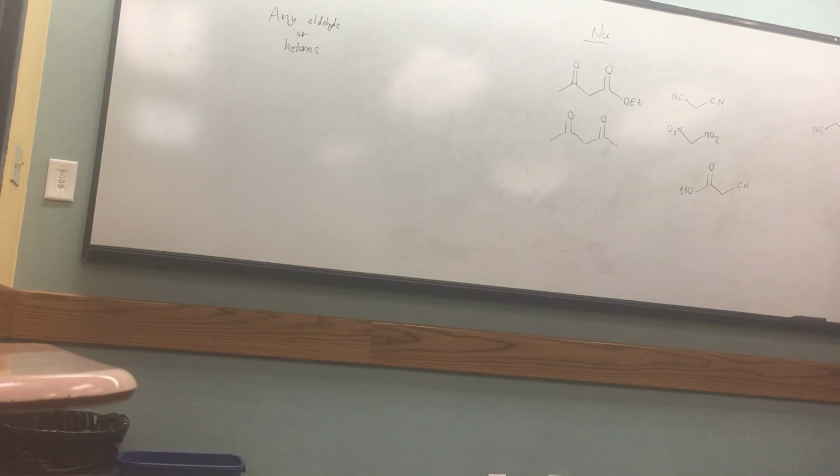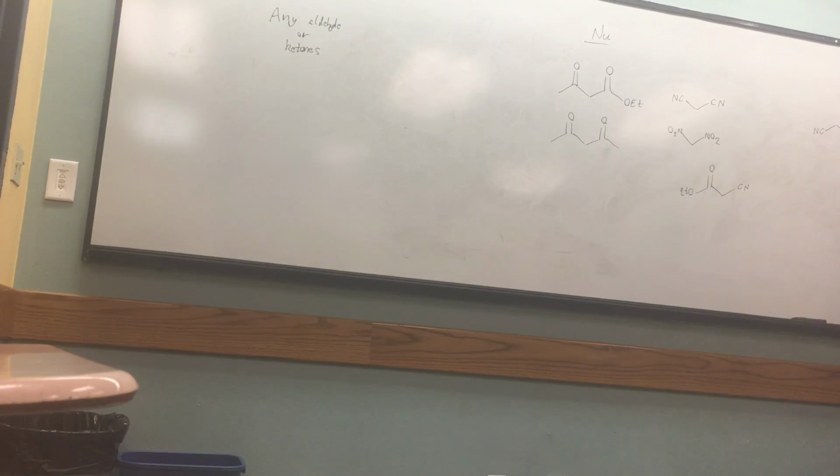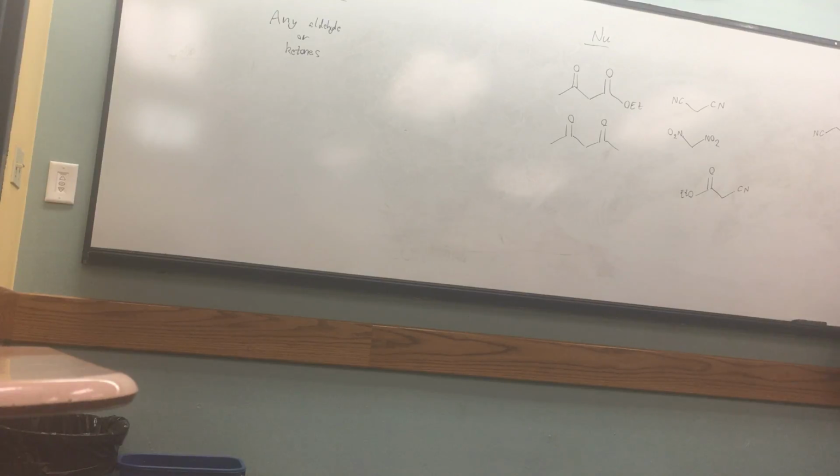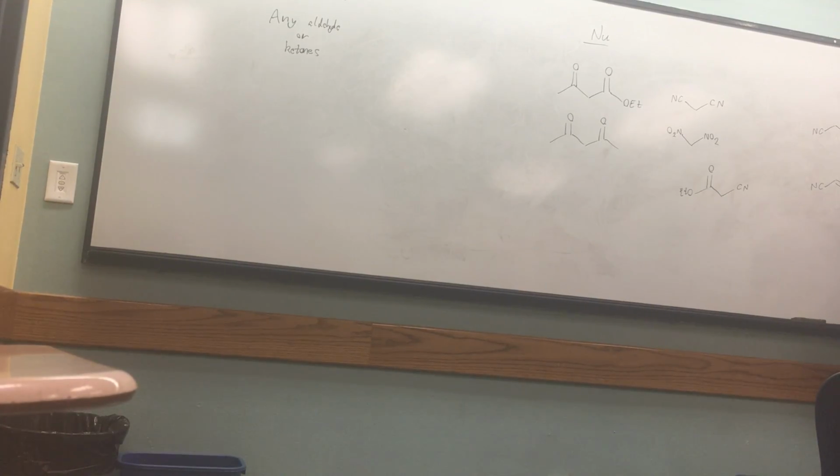Okay, so what does this look like exactly? Sorry about that. What we're doing over here is we are drawing another pseudo mechanism. Like we said, our new component is the dinitrile, and our E component is this random pentanone. So first off, the enolate that we're gonna draw over here is gonna look a little bit different, but it does the same thing. We're literally just gonna put a double bond over there. That's how we're gonna draw it. And this obviously is not really gonna change so much because it's our E